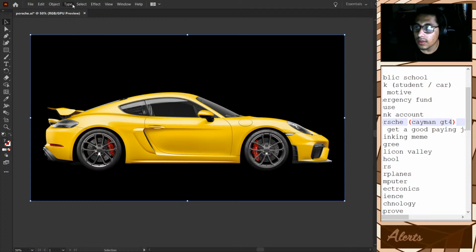I'm trying to remember exactly where the last time I tried to do an image trace, it's so far away that I don't remember exactly where it is. Gotta find it first. Here it is, image trace. Make, right?